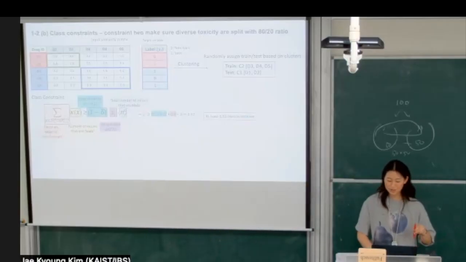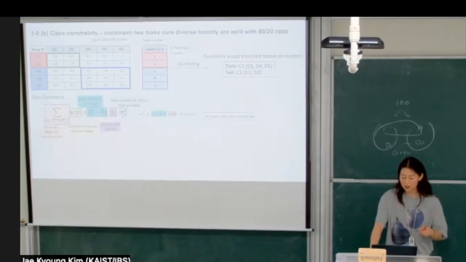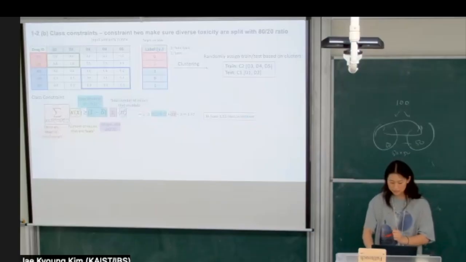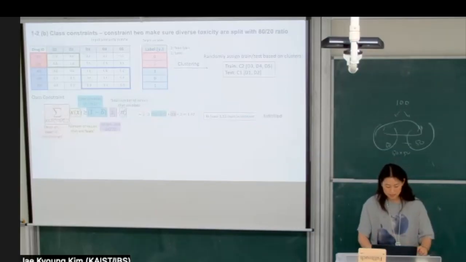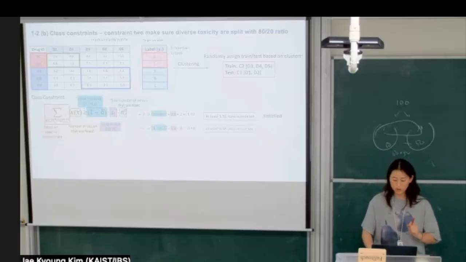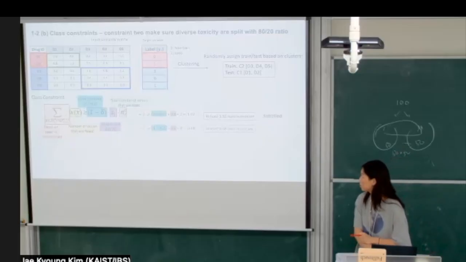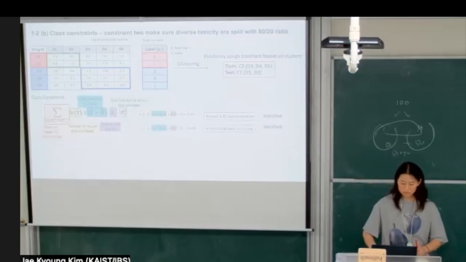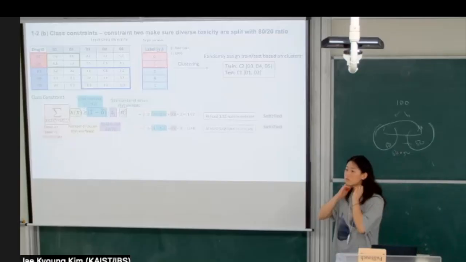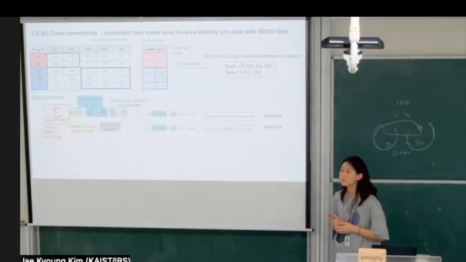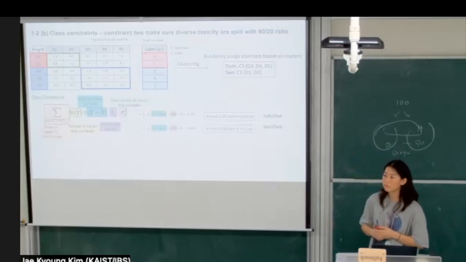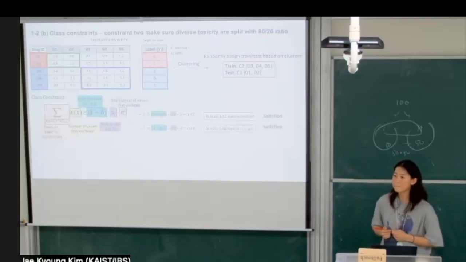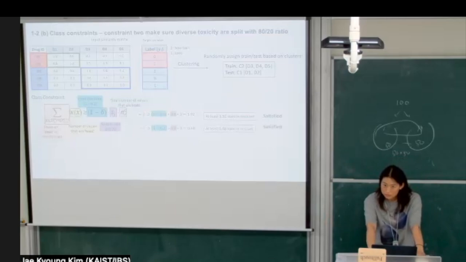So we need at least 1.92 toxic labels in the train set, and that is satisfied. And then for the test set, we need at least 0.48 toxic in the test set, which is also satisfied. So that means if we decide the train and test set ratio, not only the sample size, the label fraction is also following that. Yes. Toxic should be approximately 80 and 20%.